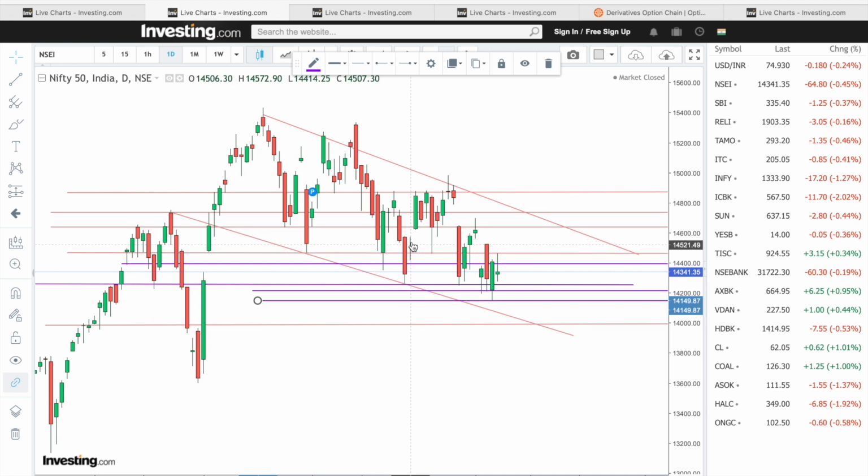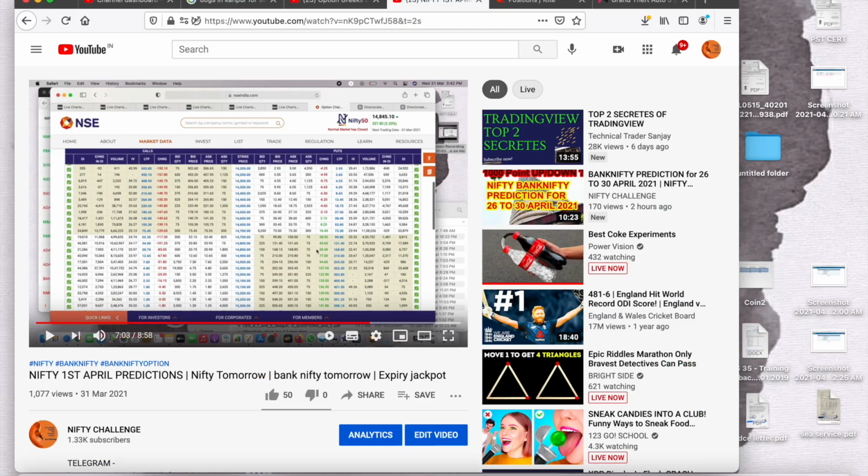Just see this data on 26th of March, a small doji. Let's see this data on 23rd of March. Okay, a smaller candle, I can see the all are big candles. Probably this is the smallest, that is on 9th of April. Let me show you the value of IVs on 9th of April, if we can get it.